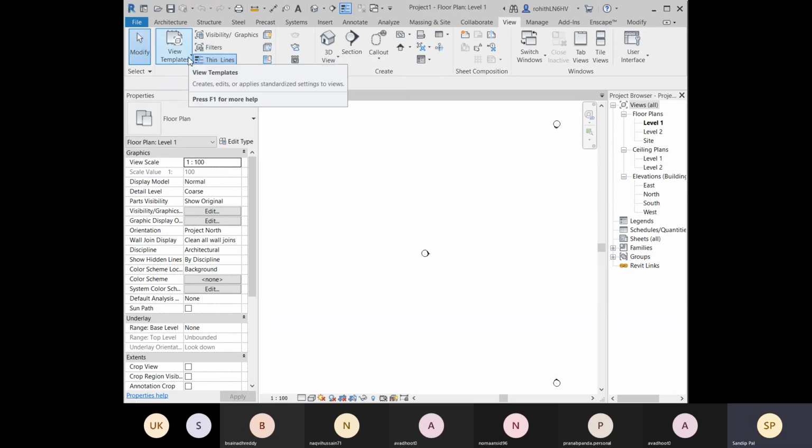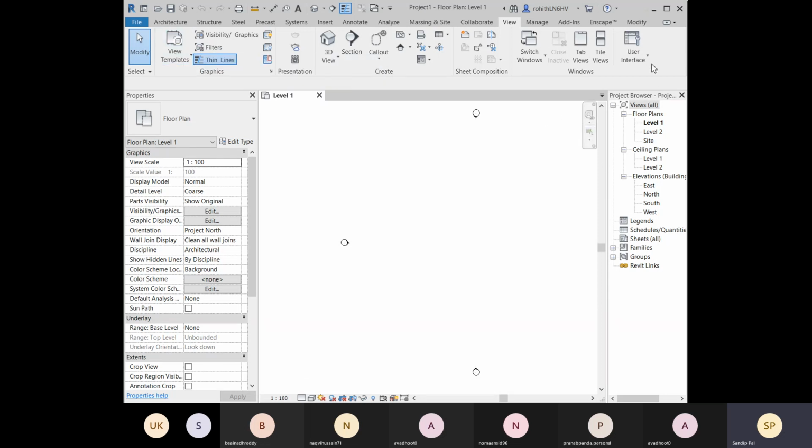And here we have some view templates. We will apply some view templates, and about the template, you already know what a template is. Here you can easily understand it with the help of a view template. As per our scene, we will save all the settings as a template file so that we can use those settings just by selecting the right template. We are obviously going to learn this also.